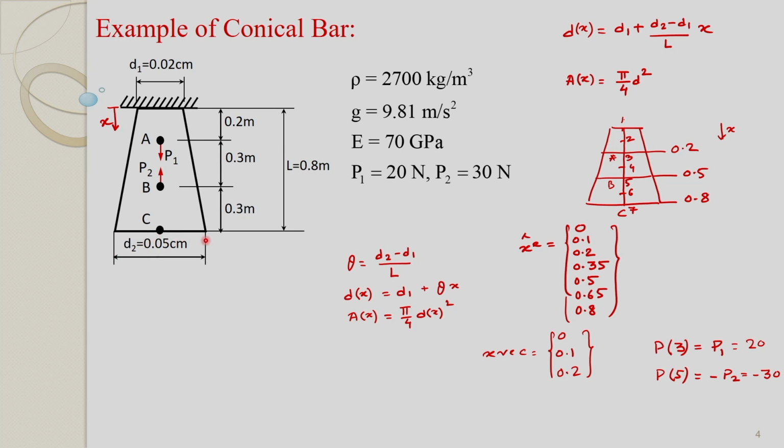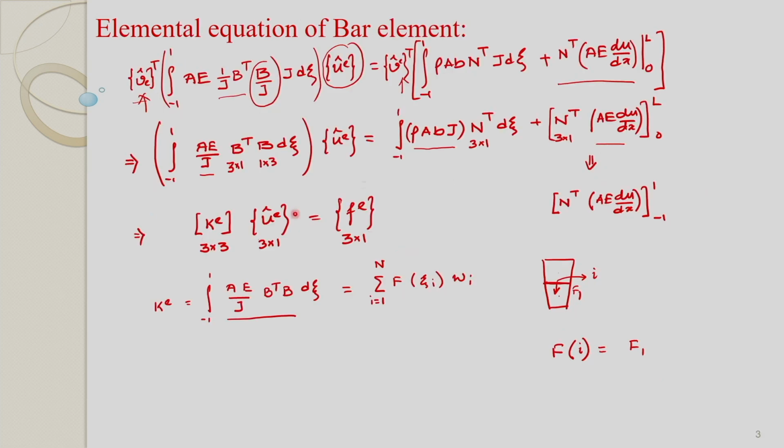Hence, that acts as a Neumann boundary condition for this term. So, this term A E du dx at x equal to L is 0. Thus, at x equal to 0 as well as at x equal to L, this term does not come into the picture because this term becomes 0. Now, let us see this assembly of the force vector in MATLAB.